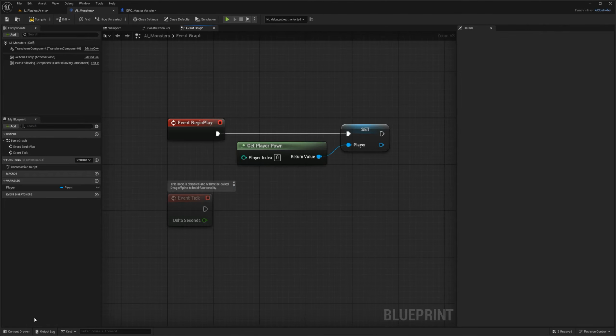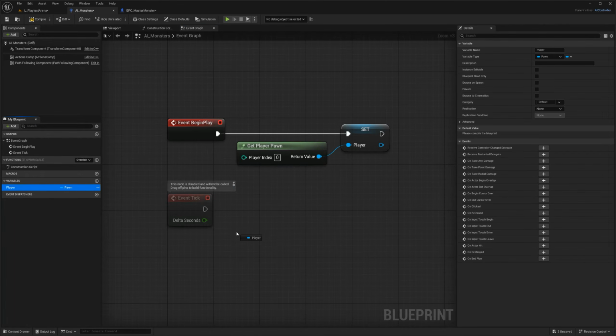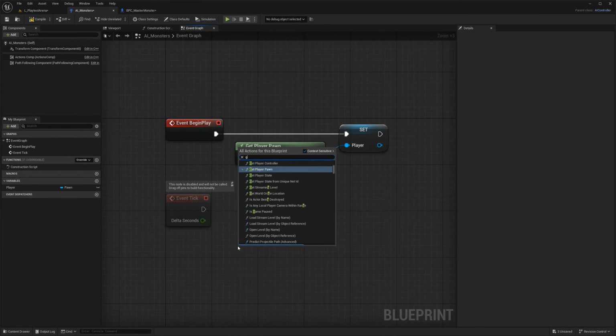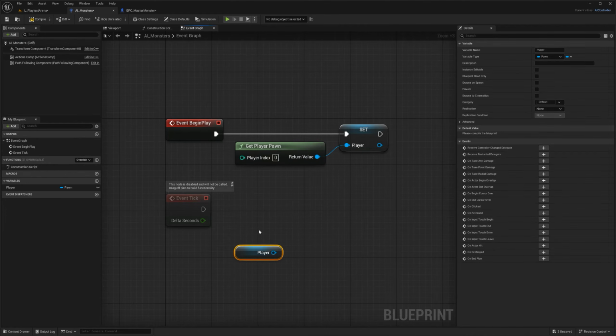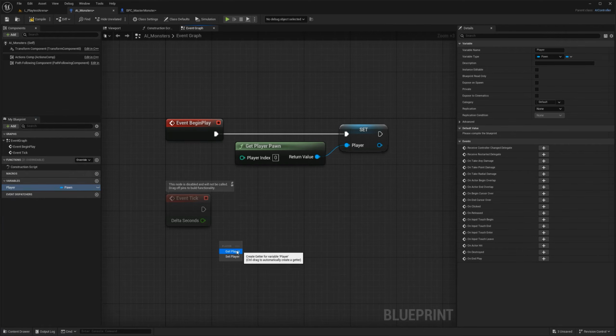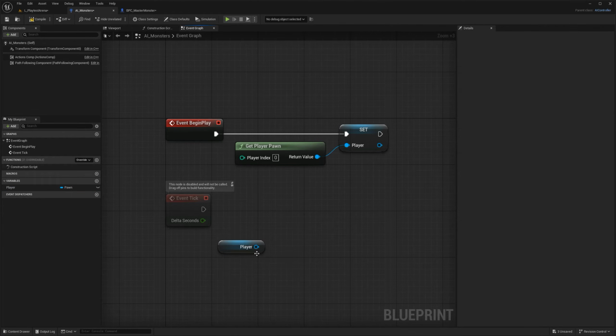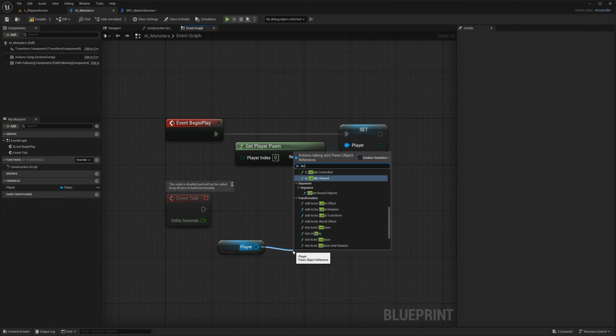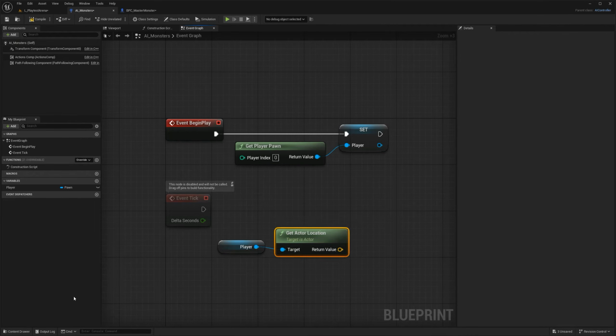So now that we have this thing here, we can either click drag and say get, or you can just say get player. There's two ways for you to do it. So I'm going to get the player location, which essentially means I need to ask for the actor location, get the actor location.